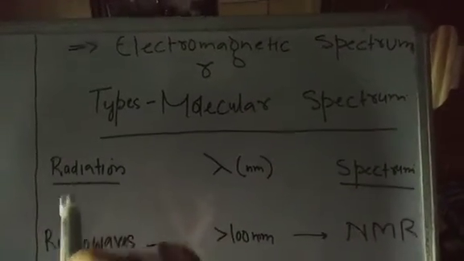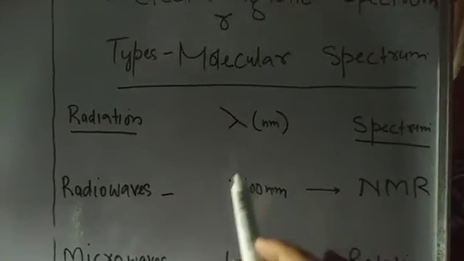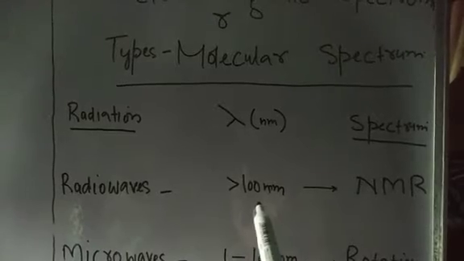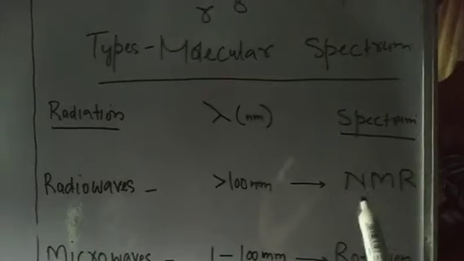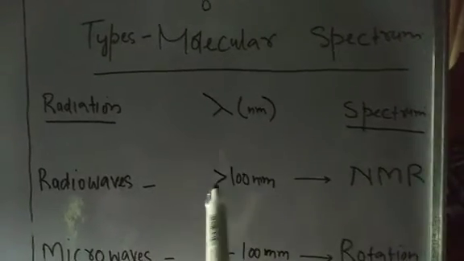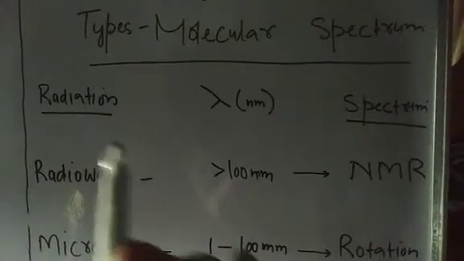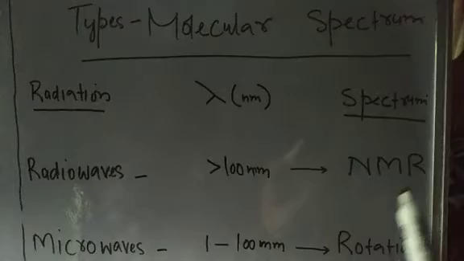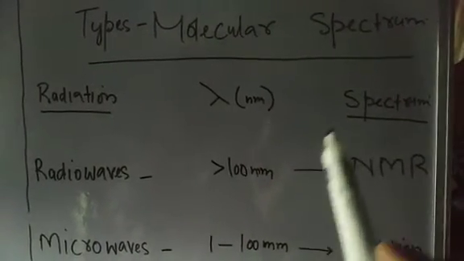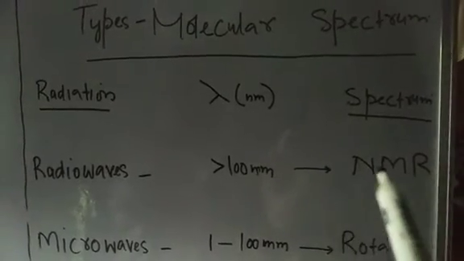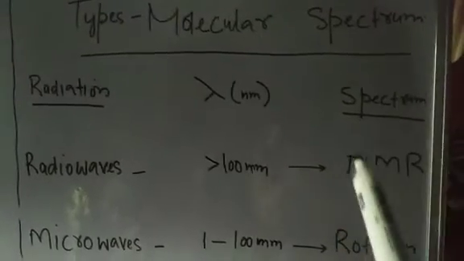So this is your radio wave. It has a wavelength of greater than 100 nanometers. So I have written here NMR, that is nuclear magnetic resonance. This we have a chapter, we'll discuss it there. But here we'll just say that once a molecule is exposed to radio waves, upon absorption of radio waves, there's a change in the nuclear energy levels, or the nuclear transitions will occur in the molecule, and then it is designated by a spectroscopy called nuclear magnetic resonance spectroscopy, and that spectrum obtained is the nuclear magnetic spectrum.